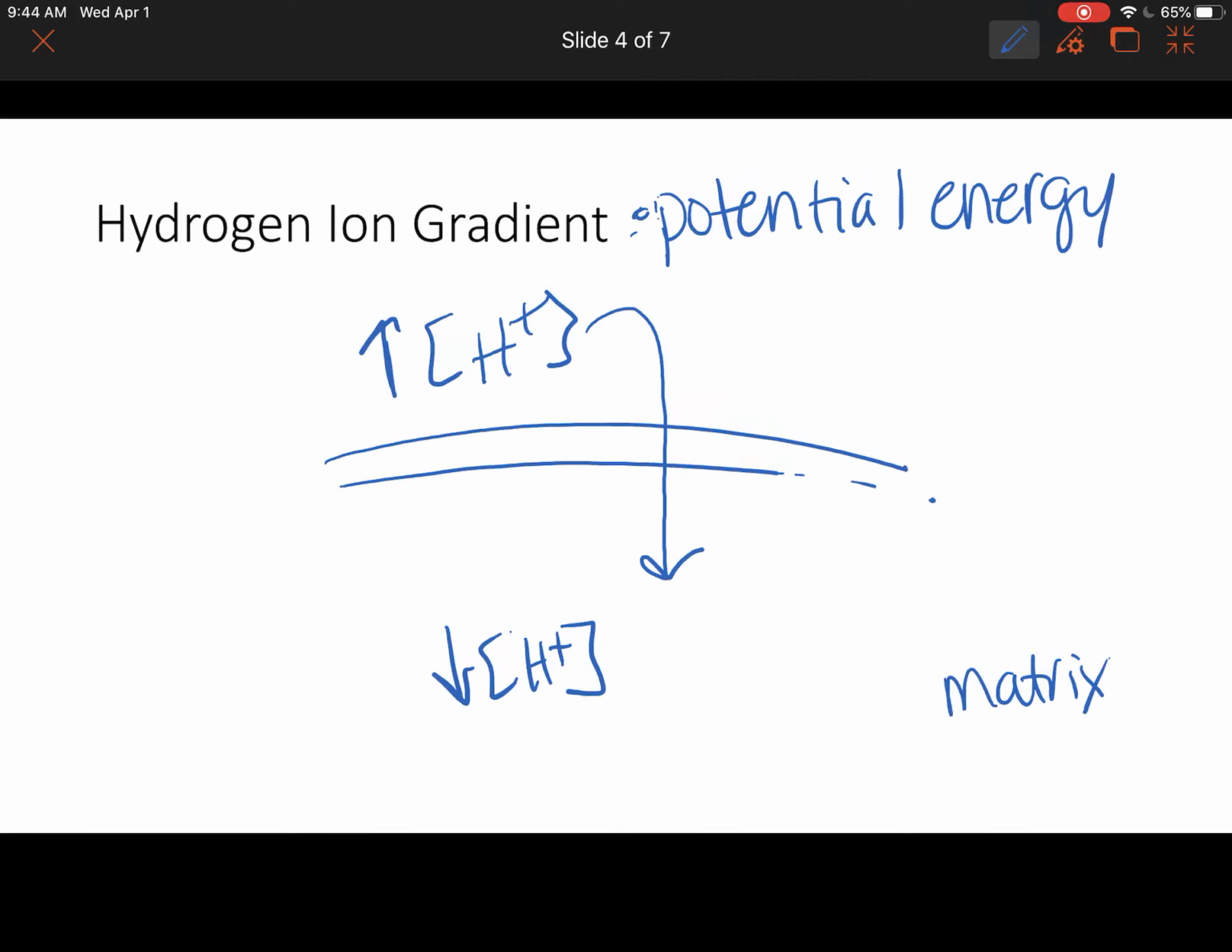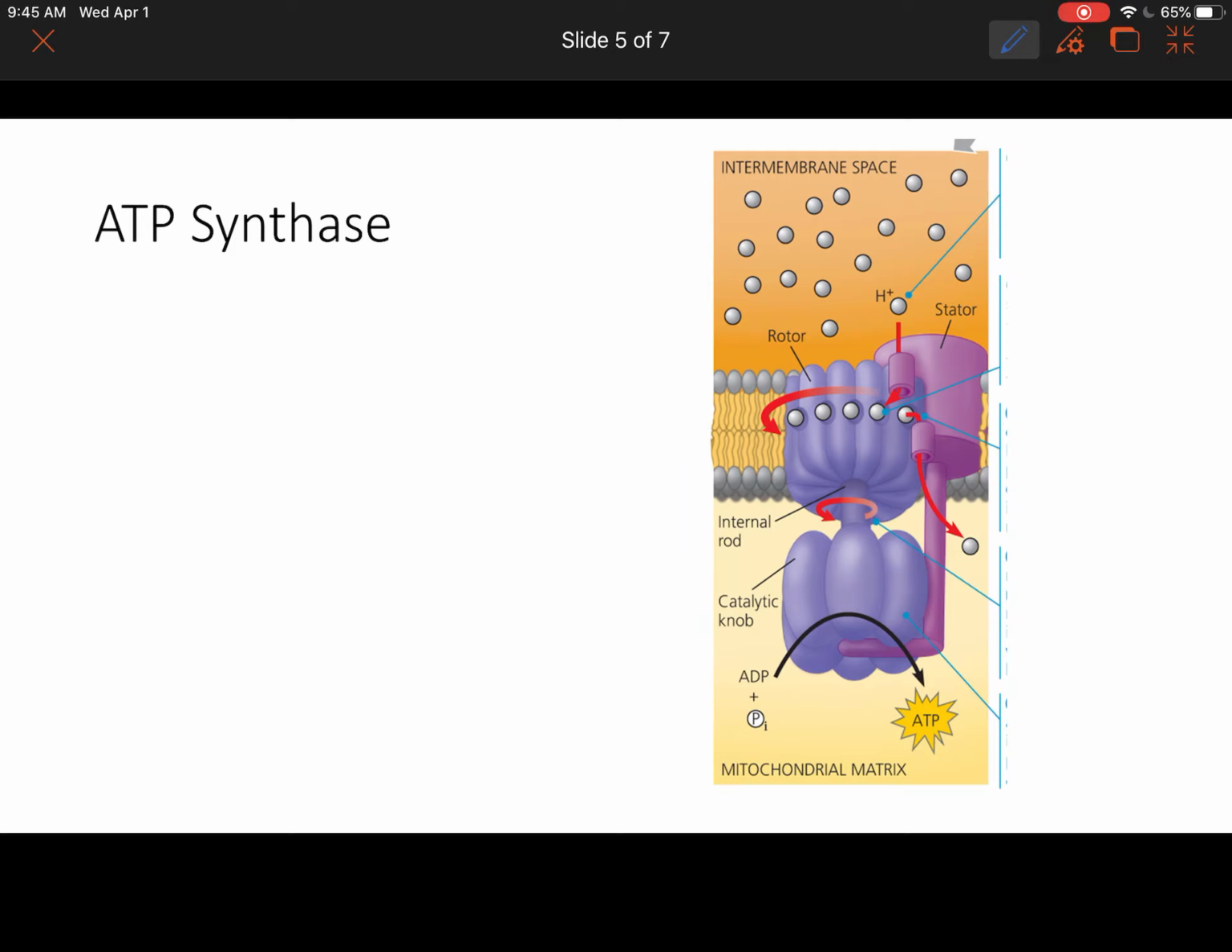Why can't they just diffuse across the inner membrane? Because they're polar. Okay, remember, the inner membrane is a phospholipid bilayer. It has a hydrophobic interior. Those hydrogen ions can't just go back through the phospholipid bilayer through simple diffusion. What do they have to have? They have to have a transport protein in order to do that. That's what ATP synthase is, okay? ATP synthase is this massive enzyme complex